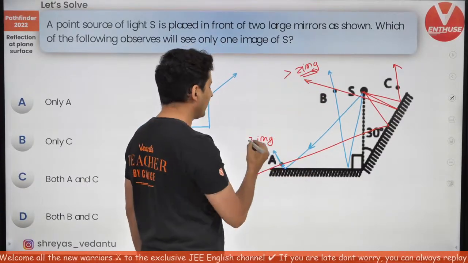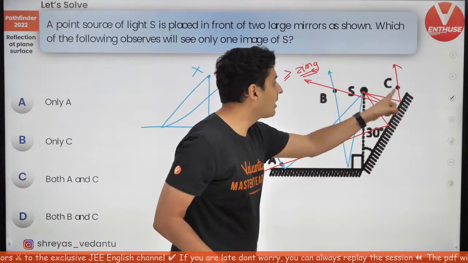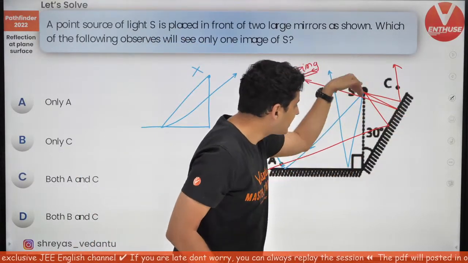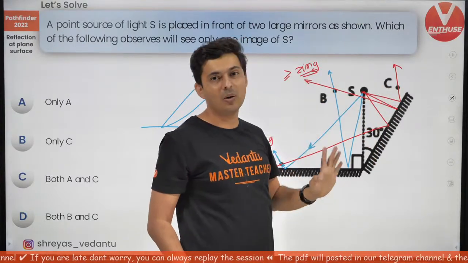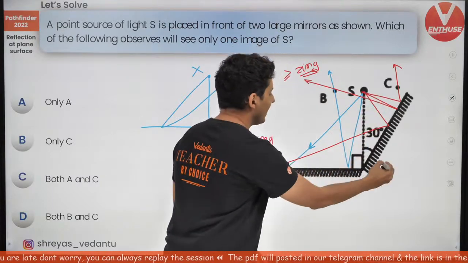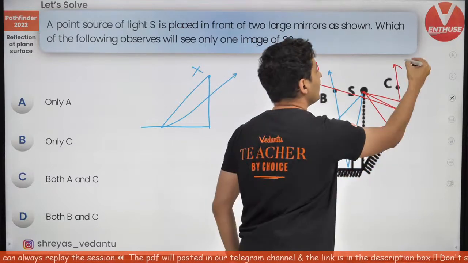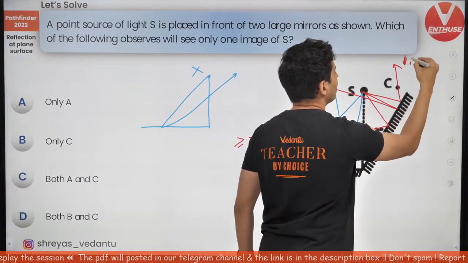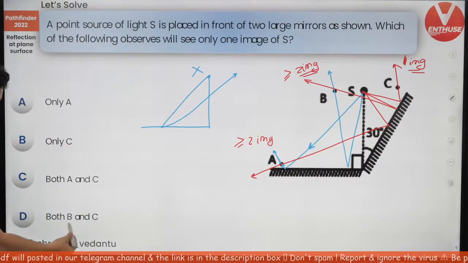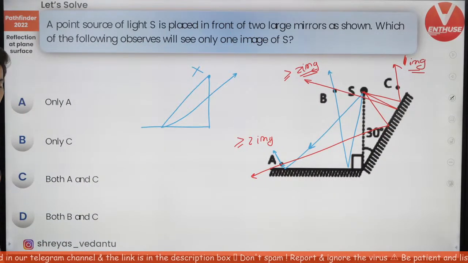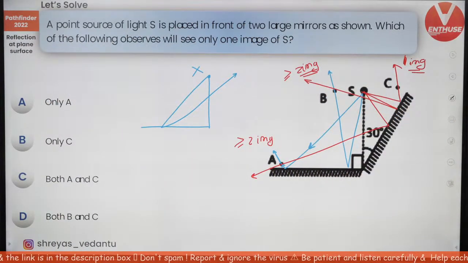In fact you will have more than two images, maybe possible if the rays get reflected again. Here on C, once the rays enter this mirror, there is no chance they will again come back on C. Because even if the rays get reflected here, they will come on this side, they can never go to the other side. So here it will be only one single image. Do you guys get it? So for C, the answer is only one. Option B. Very good. Madhvi, it's not C, it's only B option.